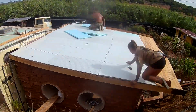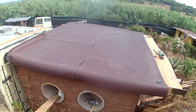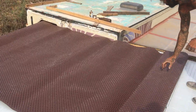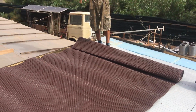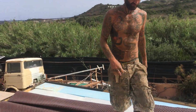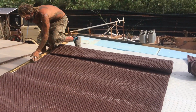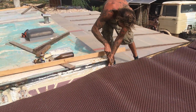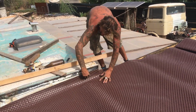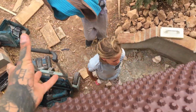This is actually a little porch, it's like an overhang. And then we sized up this brown plastic. We needed to size that up first because the first layer of plastic is actually a very fragile, clear layer of transparent plastic to make sure that no water gets in there, but you can't walk on that. So we sized this up first, then we removed it and applied the clear plastic, and then we put this back on there. This is a kind of rigid plastic. It's the sort of thing you'd use for a retaining wall. Just an extra layer against the...